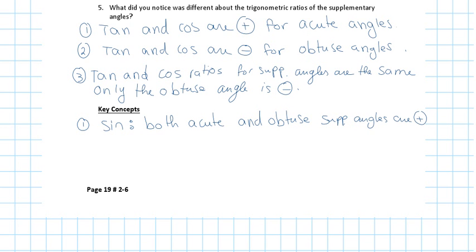For cosine, acute angles are positive and obtuse are negative. Same thing with